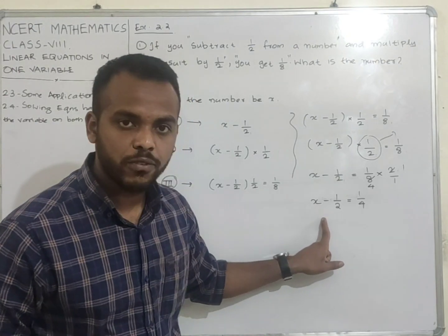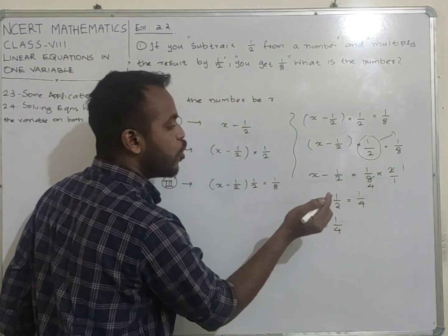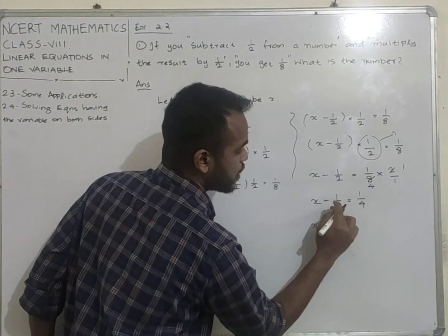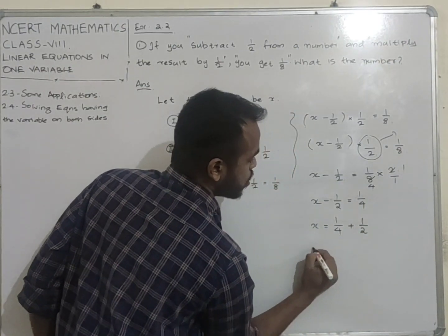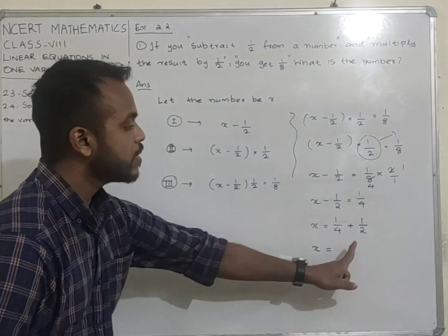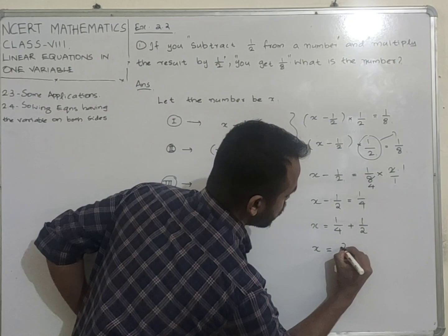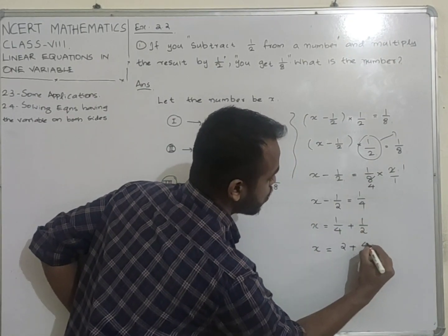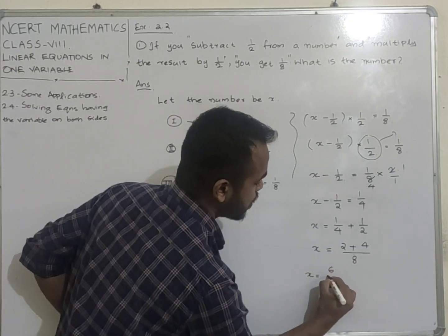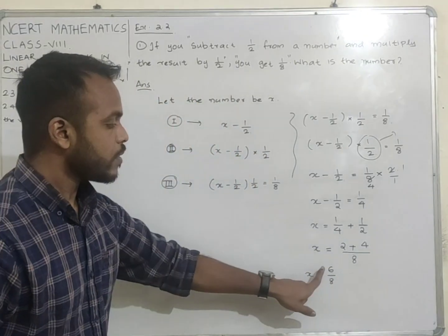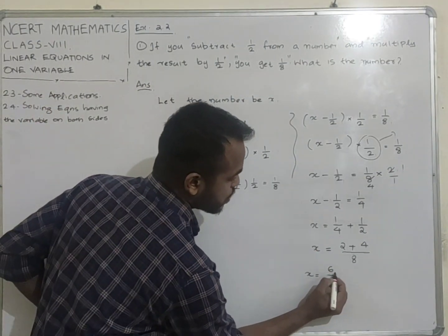Now what is the value that we need to find? x. So x can be easily found by taking this minus 1 by 2 to the other side. This minus 1 by 2 goes to the right hand side and becomes plus 1 by 2. So, x can easily be found. I think you remember this one, cross multiplication. 2 into 1, 2. Plus 4 into 1, 4. Whole divided by 8. So, what is x? x is 6 upon 8. The value should be in the simplest form. So, we can further cancel this using 2.